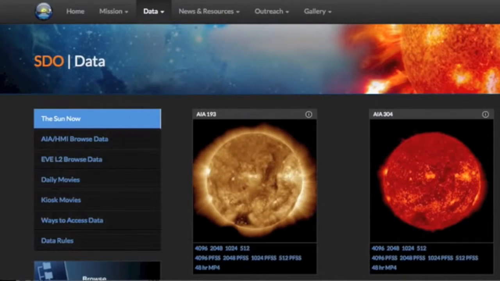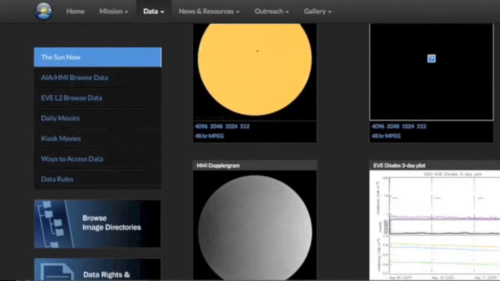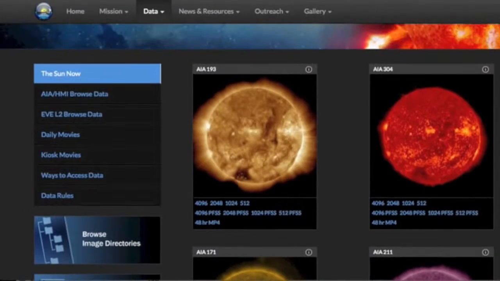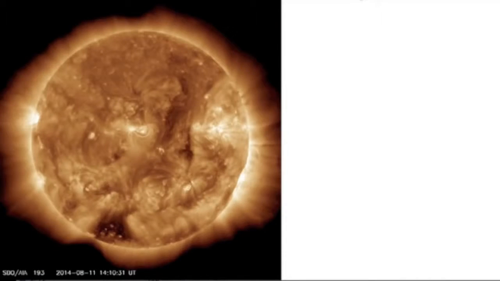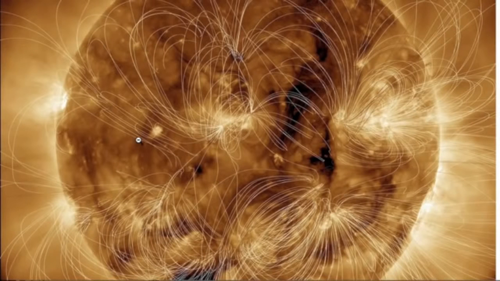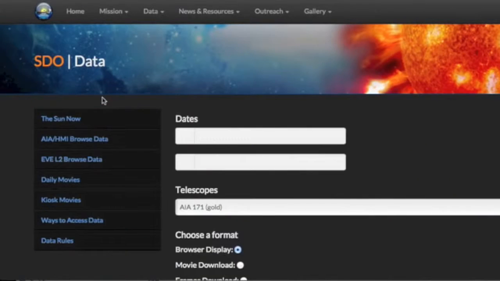The SDO page, the Solar Dynamics Observatory from NASA. It shows all the views from the AIA and the HMI. You can learn more about these in the Sun series. You can click below each wavelength to see the latest still images, with or without the magnetic field lines. You can click the latest 48-hour movie for each wavelength, or you can create your own under AIA HMI Browse